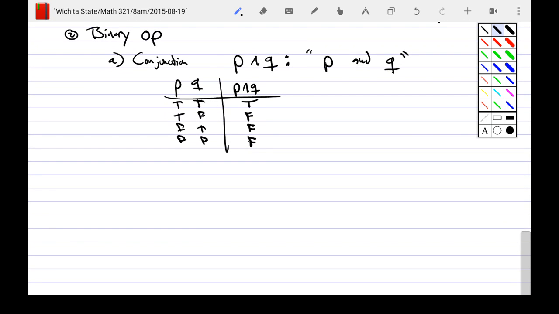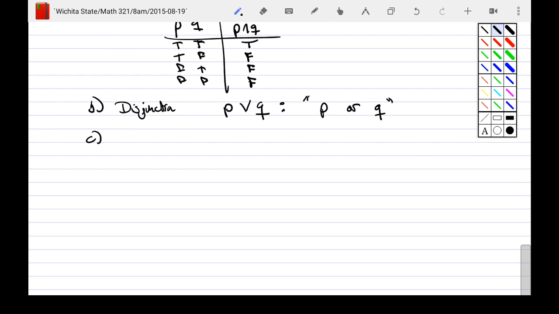Then we have "or", which is disjunction. We actually have 2 ors. The first one is the inclusive or, disjunction, which is P, V, Q. It's not the letter V, but a V symbol. And this is read as, the fun part about English, P or Q. And then we also have the exclusive or, which is read as P, circled plus, Q, which is read as P or Q,